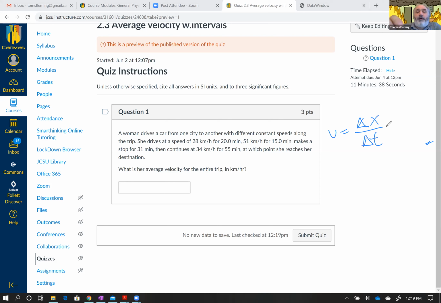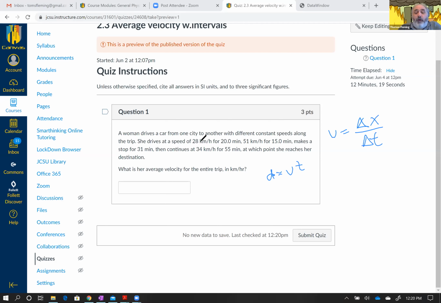And so what you're going to have to do is separately figure out how far this person went. Like if they're going 28 kilometers per hour for 20 minutes, they're going to go 9.33 kilometers, right? How did I get that? I said that at constant speed, your distance would equal your velocity times time. That's just the formula you learned back in grade school, right? It's like the position equation, but without the acceleration,